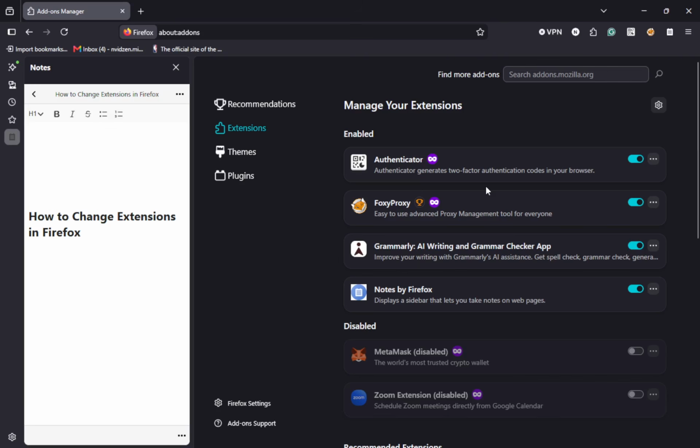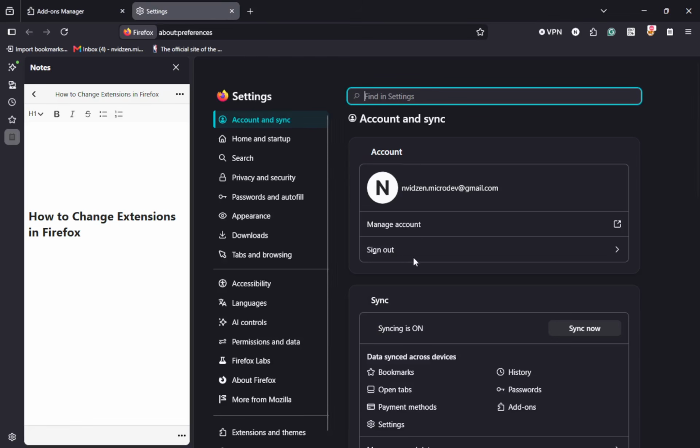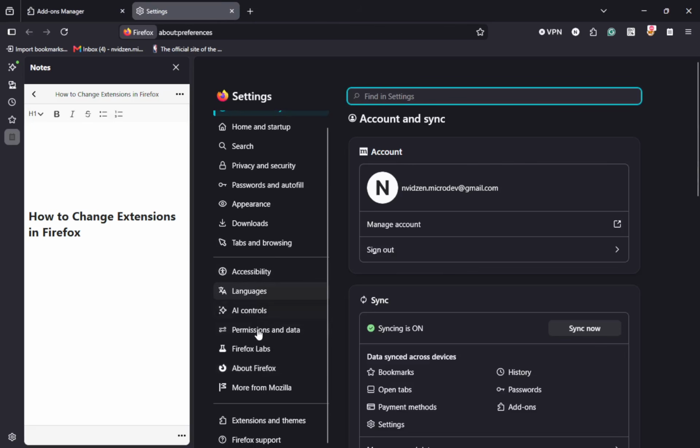To change how an extension updates, open Add-ons and Themes and select Extensions. Find the extension you want to modify and scroll to the Automatic Updates section. Here you can choose between three options: on, off, or default. Managing updates is critical because it ensures that your extensions are always equipped with the latest features and security improvements. Keeping them updated helps protect your browsing experience.